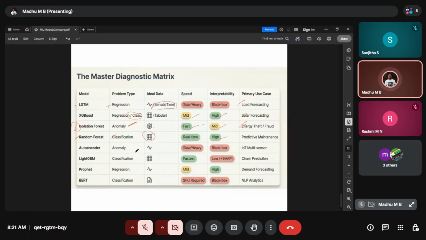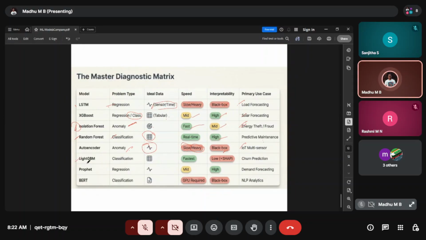Again, we can use it for anomaly detection in time series data, but it can handle heavy data, and even to handle this heavy data it needs a little time, so it is a little slower compared to the other models. Interpretability is black box, not that great.